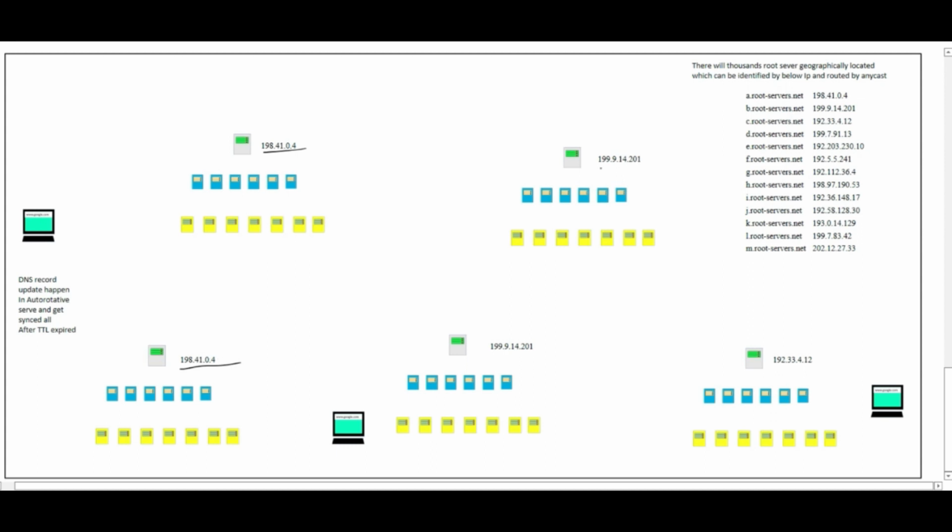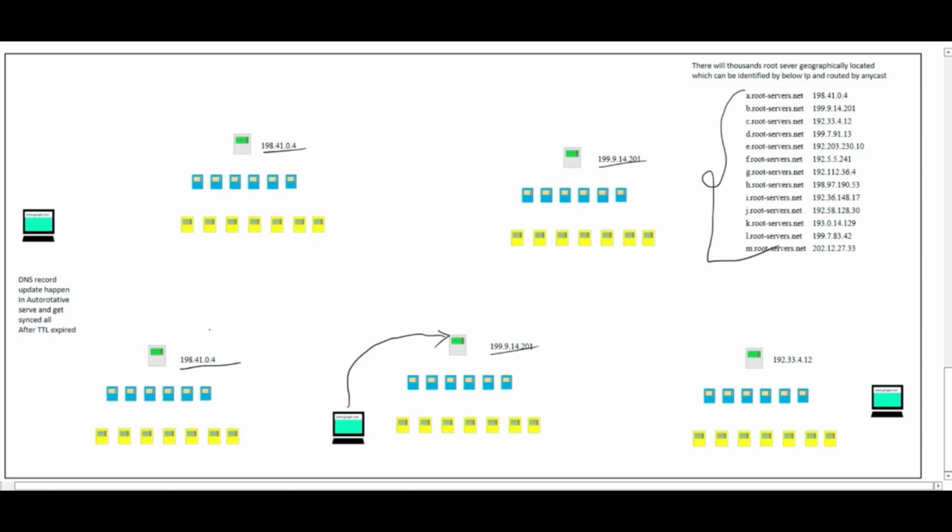The third cluster will have one IP, and the fourth cluster will also have the same IP, like that. Whenever a user makes a DNS query, it can be routed to the nearest root name server. So the query will be resolved, and there are thousands of servers like these clusters present on the internet that are geographically located, and those are only pointed to by these 13